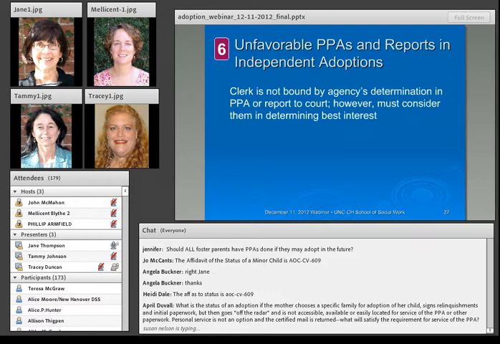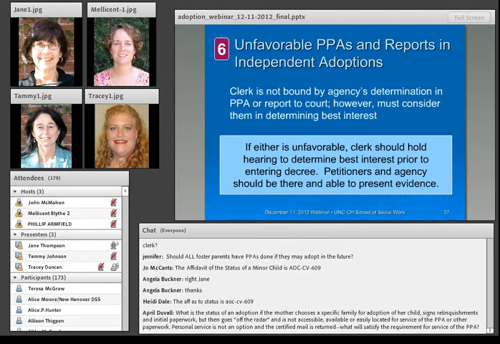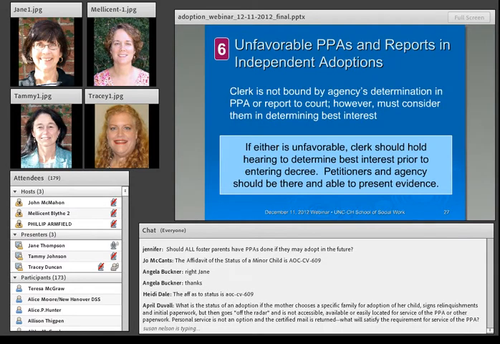But in any event, I think it is really important that if either of them is unfavorable, the clerk should hold a hearing to determine best interest. It is true that when you just sign the decree, it makes a finding of best interest, but here Tammy would get it. It would say, boilerplate, it's in the best interest of the child to be adopted, with an unfavorable report to court. So we really want you to hold a hearing, resolve it. Of course, under